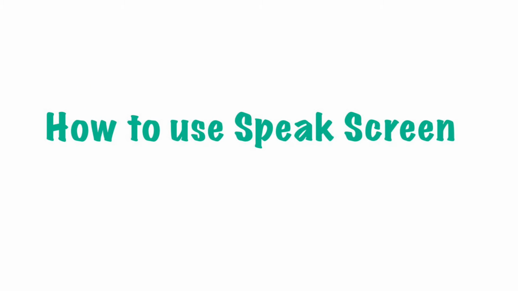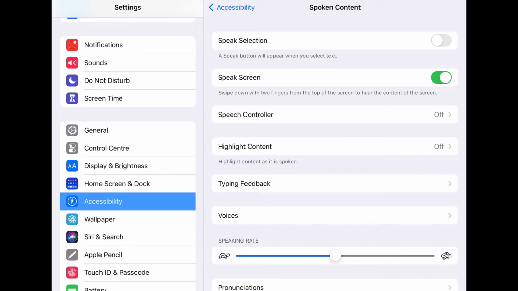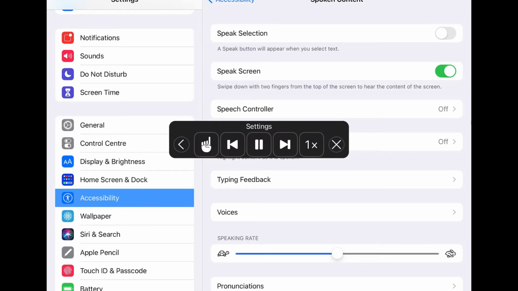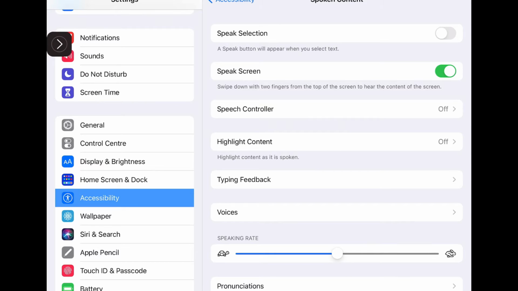After this, we will now look at how to use speak screen. What you want to do is find a page and swipe down with 2 fingers from the top of the screen. Then tap the controls to manage play, pause, skip, forward, touch to speak, and playback speed. Speak selection, off. A speak button will appear when you select text. Speak screen, on. Swipe down with 2 fingers from the top of the screen to hear the content of the screen. Speech controller, off. Highlight content, off. Highlight content as it is spoken. Typing feedback. Voices, speaking rate,